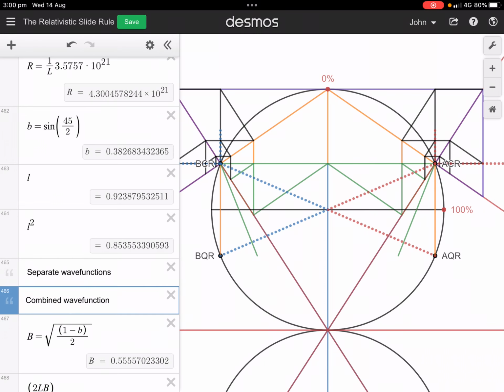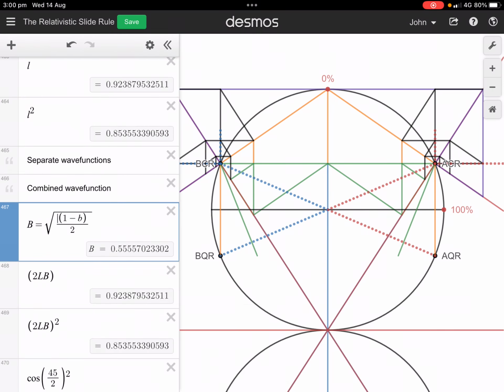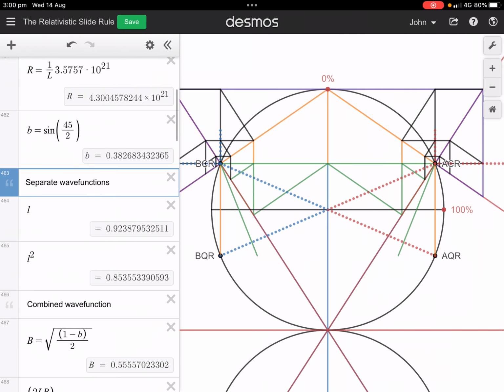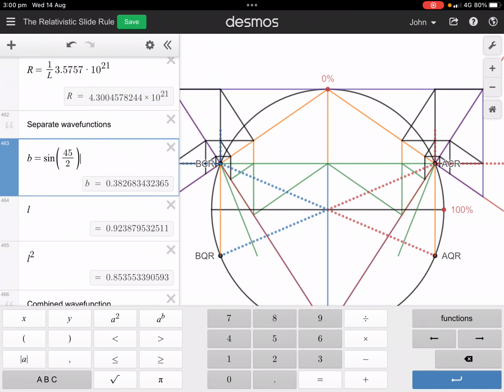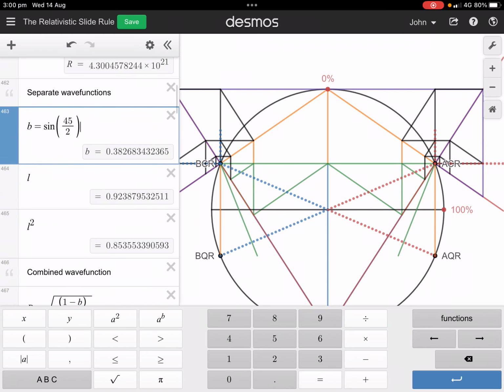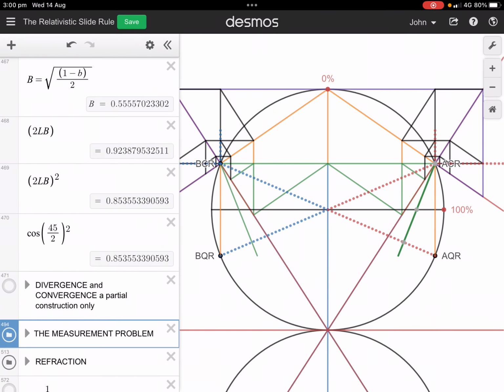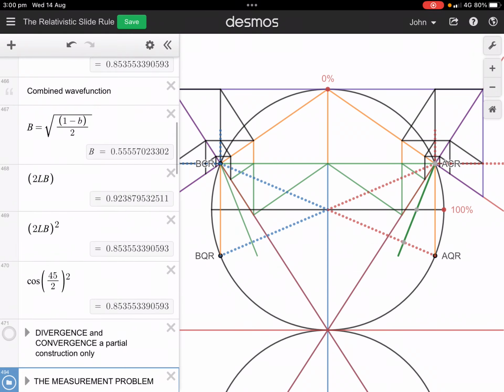That's the combined wave function there, and that's their separate wave functions here. So separately, they can still correctly calculate the probability of their measurement being successful by just continuing to graph their separate relativistic slide rules, and